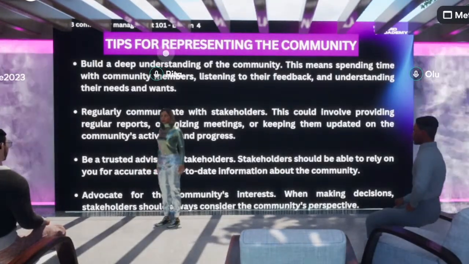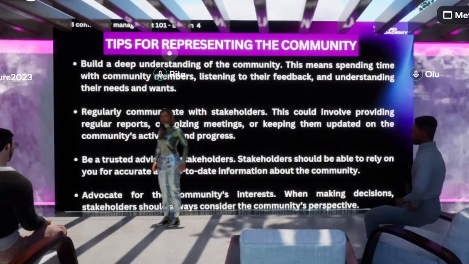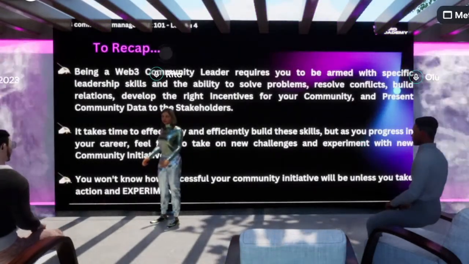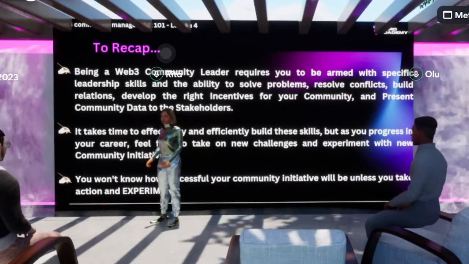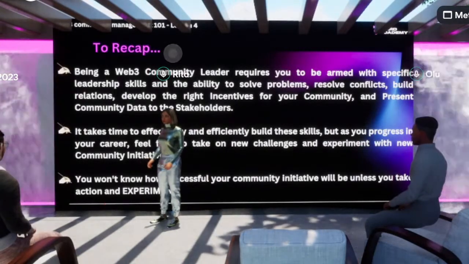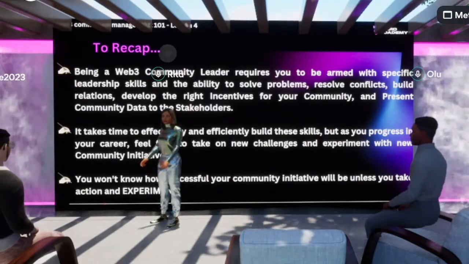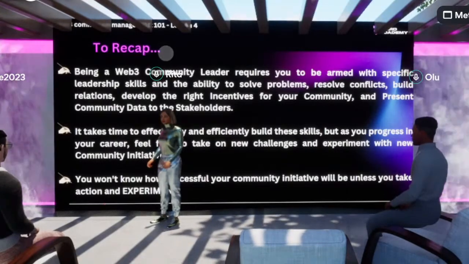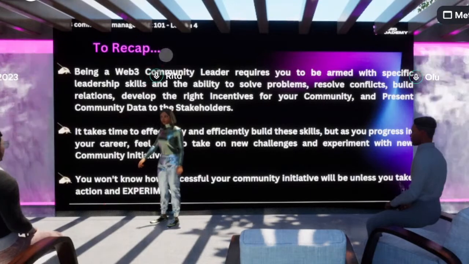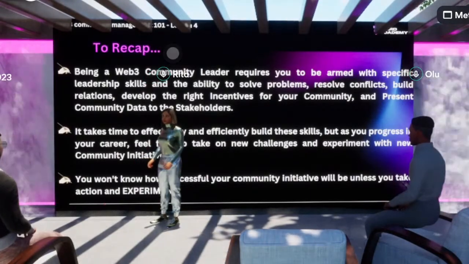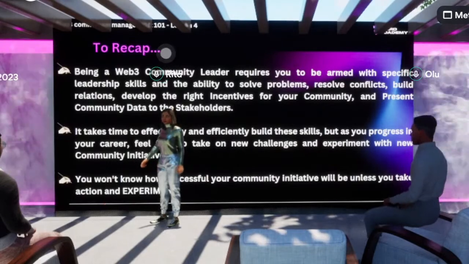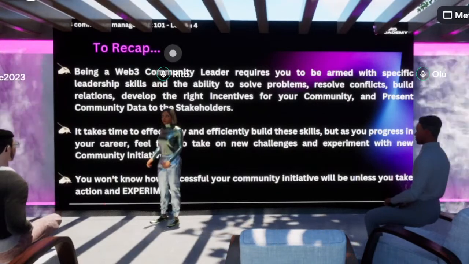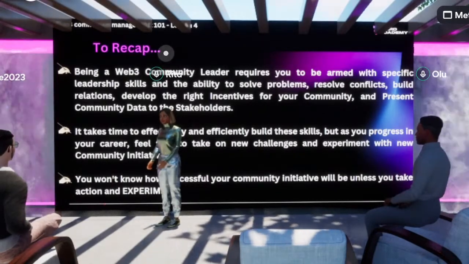Now, to recap all that we have been saying, let's move to the next slide, please. Thanks. Being a Web3 community manager requires you to be armed with specific leadership skills, like we mentioned. Have the ability to solve problems, right? We said be proactive before problems arise, right? Try to solve them and prevent them from happening, and also build relationships, right? So getting on one-on-one conversations with your community members can actually help you build relationships with them, providing support, celebrating them, and